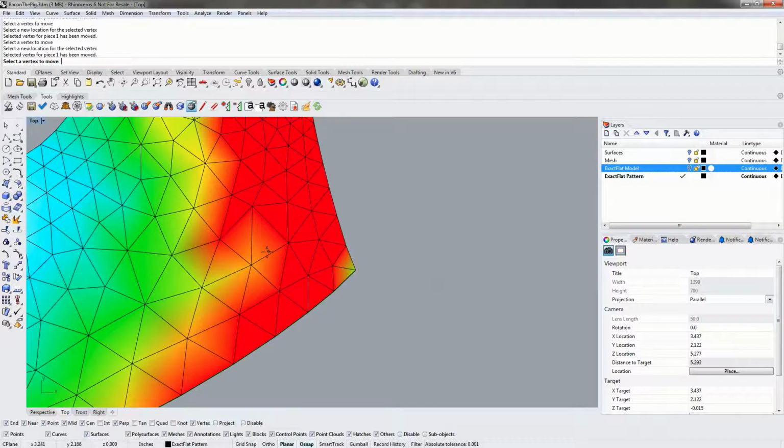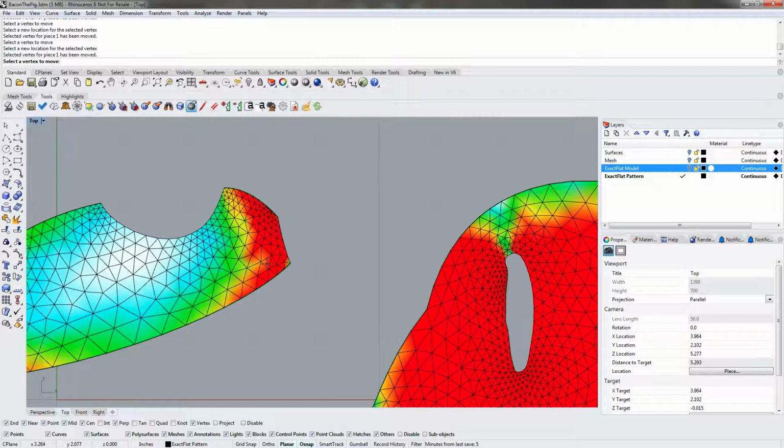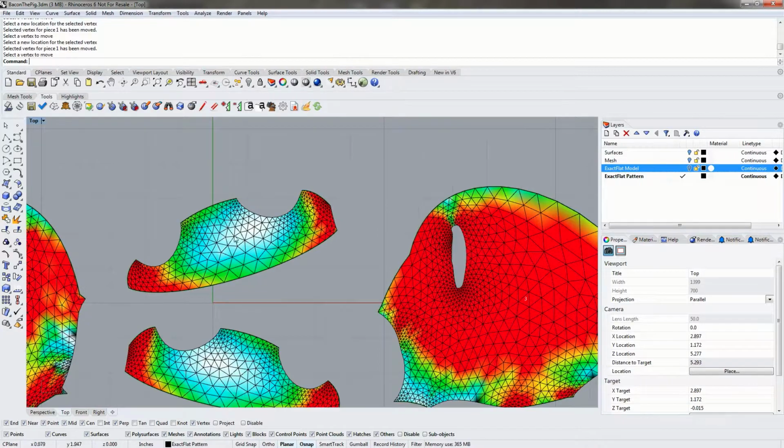it's hard to select the correct vertex, especially if we're in an area that has a very high triangle count. It's difficult to select the correct triangle. It may also be difficult to figure out where the vertex needs to be placed. So it's the most difficult method to use, but it is another method that can be used to correct flip